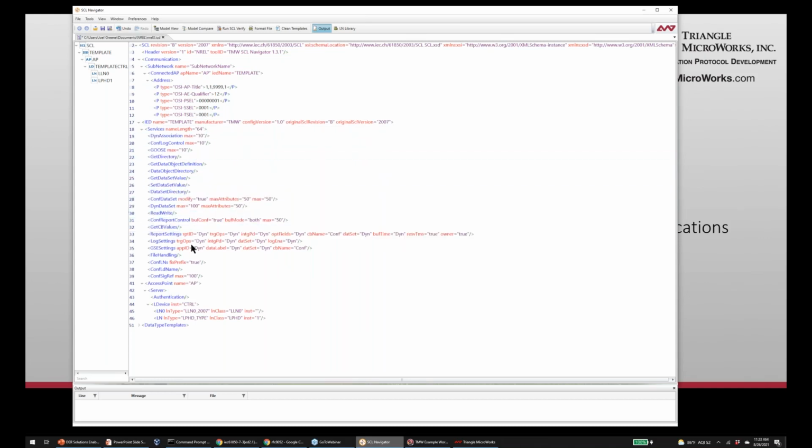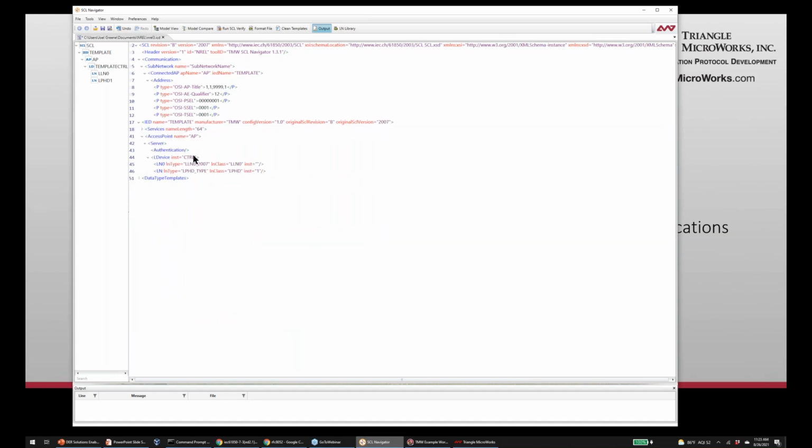And this is a good starting point. These are typical services that an IED provides. This can be edited here as needed for the particular device, but this is a good starting point. Then under each IED, we have an access point. An access point's basically your Ethernet interface, and under each access point, we can have a server. And then, as I mentioned in the overview of the standard, we get into the logical devices and logical nodes.